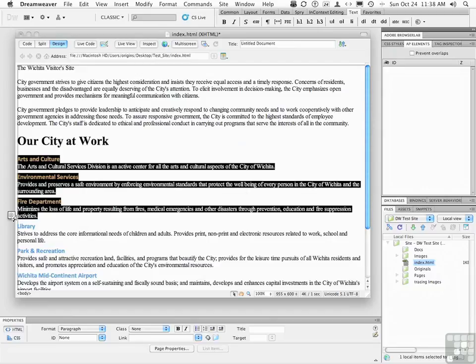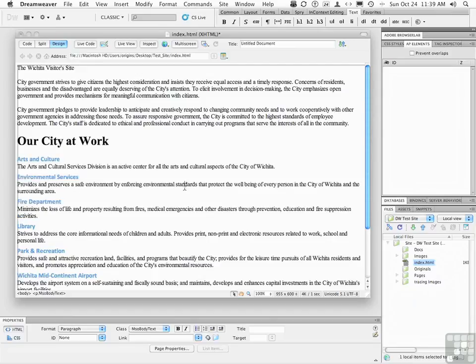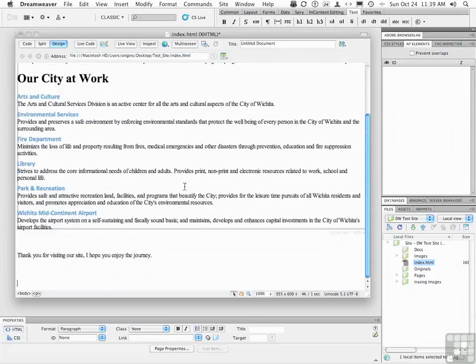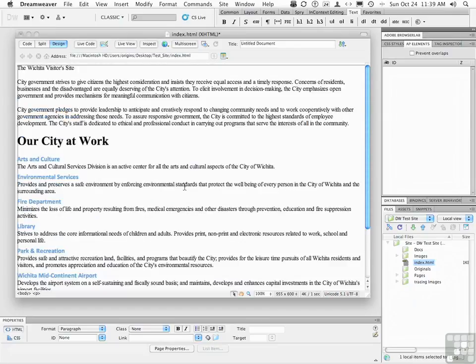If you have a full-size keyboard, you may have a couple of other keys on there, and they're called the home key and the end key and the page up key and the page down key. So if I come over here again and click somewhere, and I press the page up key, you will notice pressing the page up or page down keys moves me visually to the top or bottom of the document. If I click right about there, in front of the word environmental standards, and hold down the shift key,